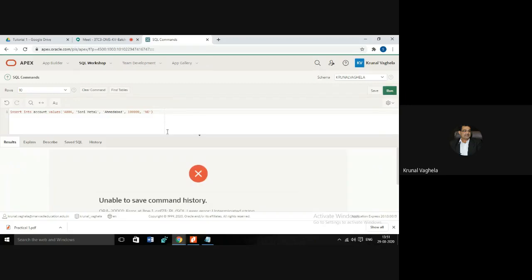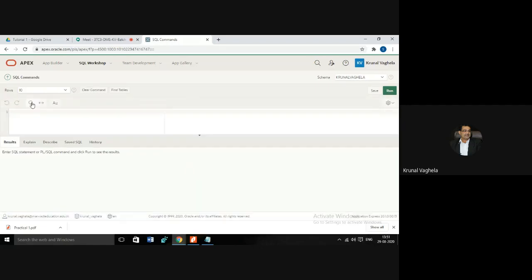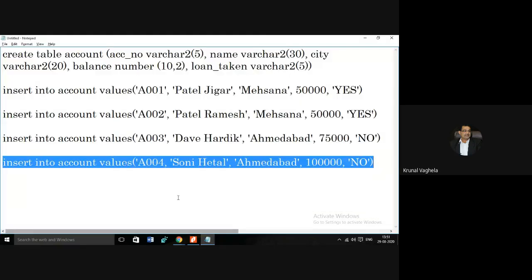I need to press save. I think Control V. What is the error?